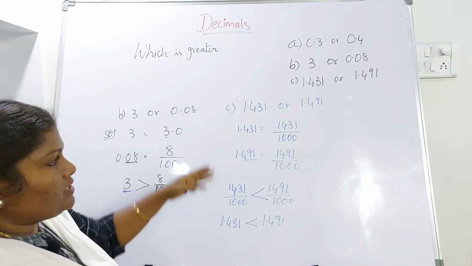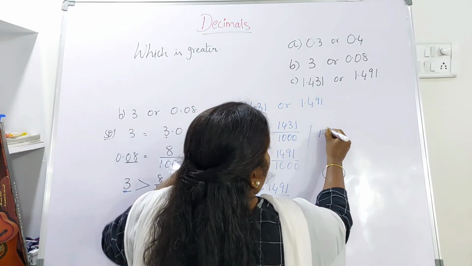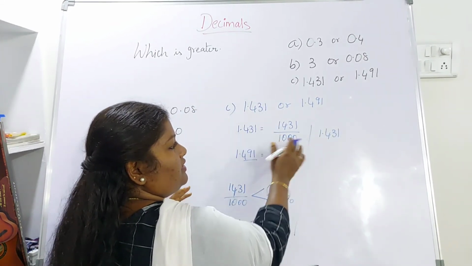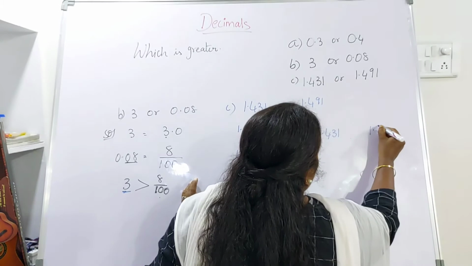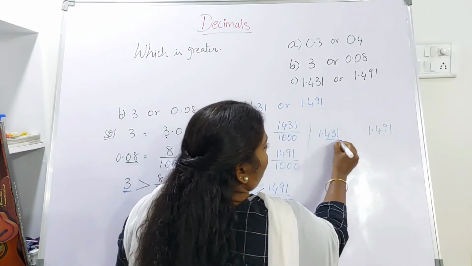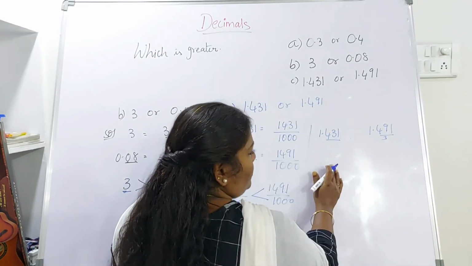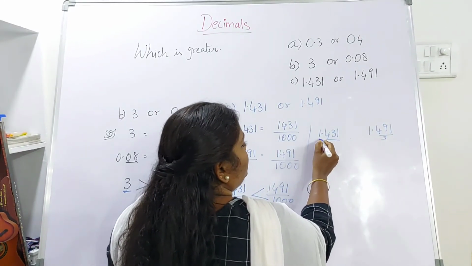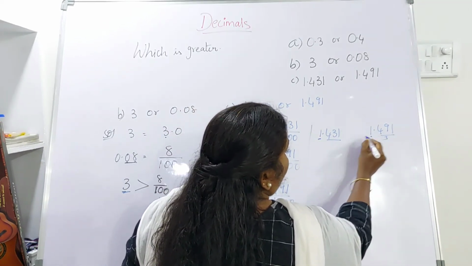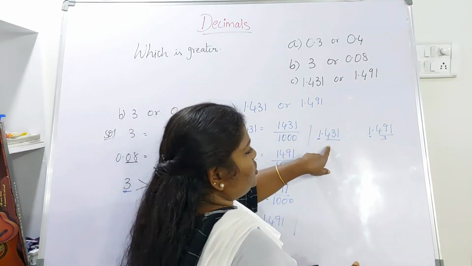Instead of doing this, here itself you can compare. If it is an objective type, an easy way to compare is 1.491. Now after the decimal point, how many digits you have? 3 digits. Here 3 digits, so both have same. Before the decimal point you have here 1. Before the decimal point 1. So both the values are 1 point same. So go for the next one.